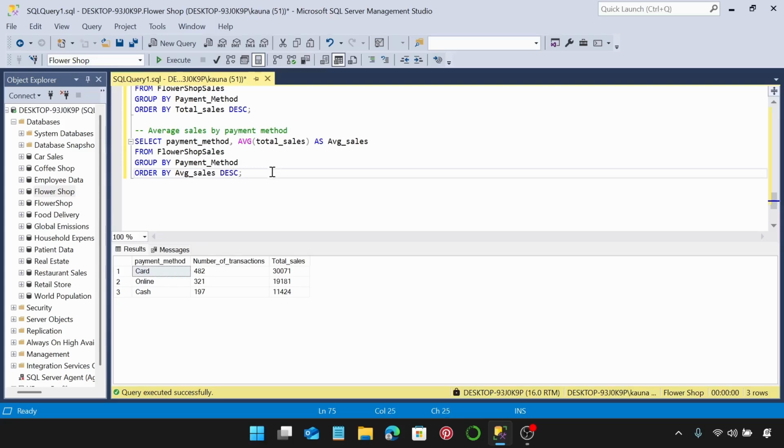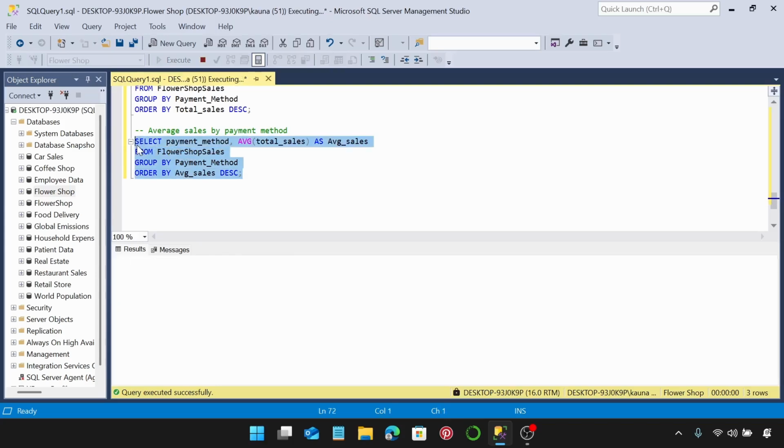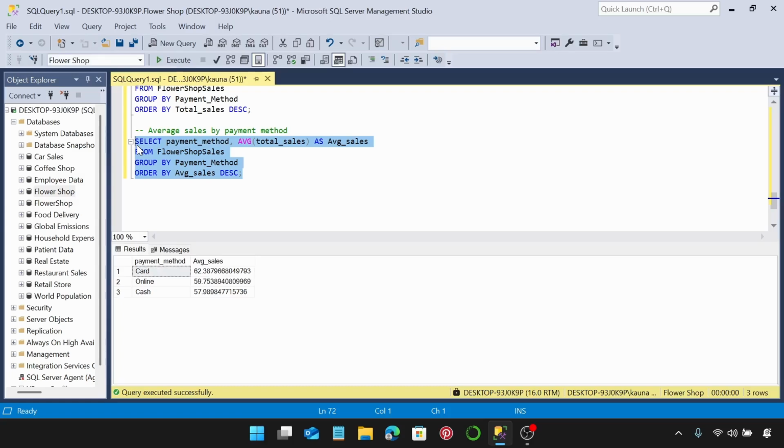So let's run this query, F5, and we have that card has the highest average sale of $62,